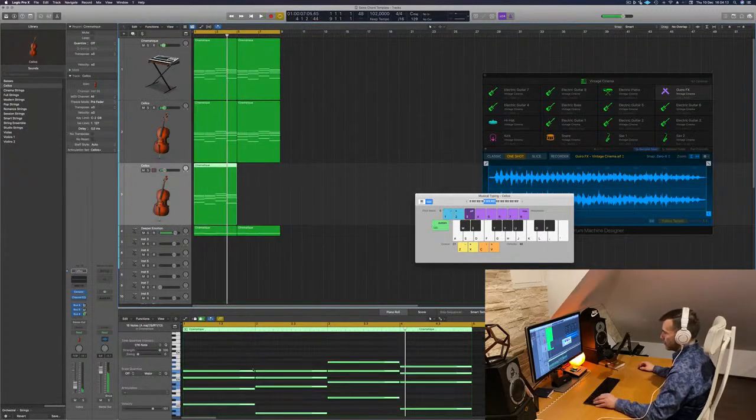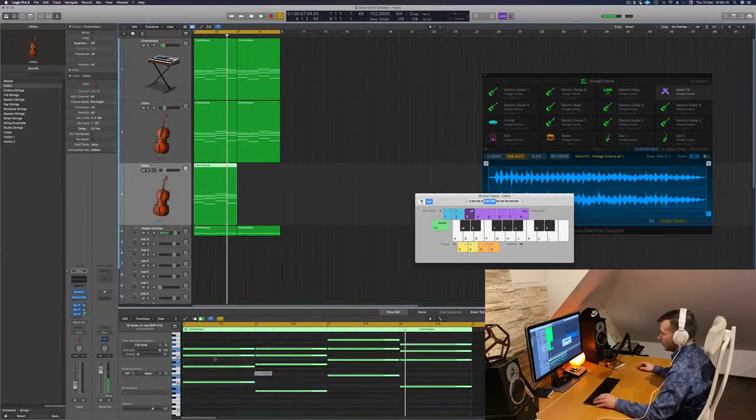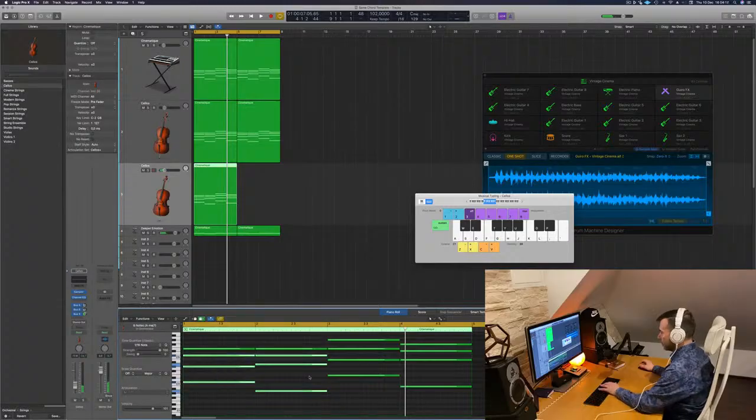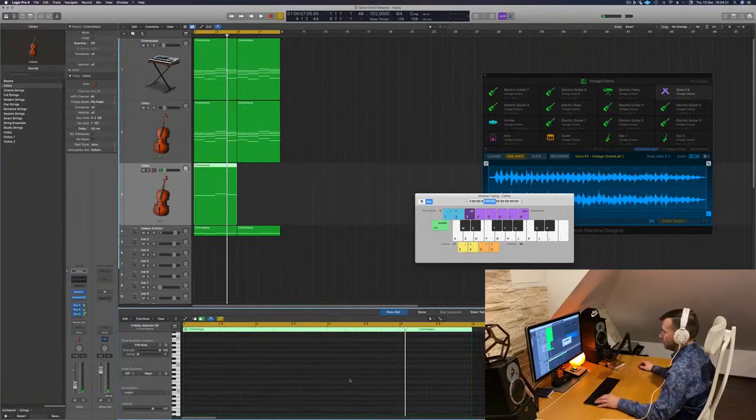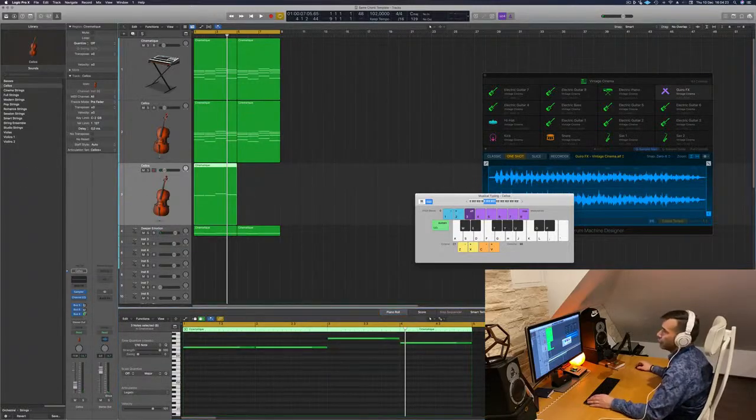So what I will do next is I will continue in the orchestral realm. That will not be all orchestral, guys. I will definitely add some electronic elements later. But now I will go into